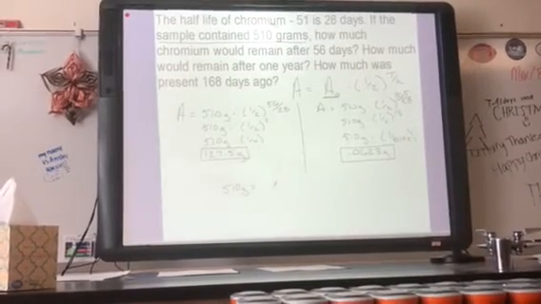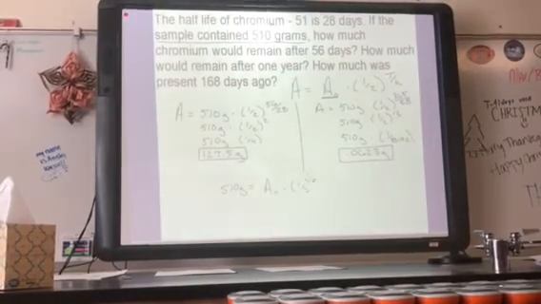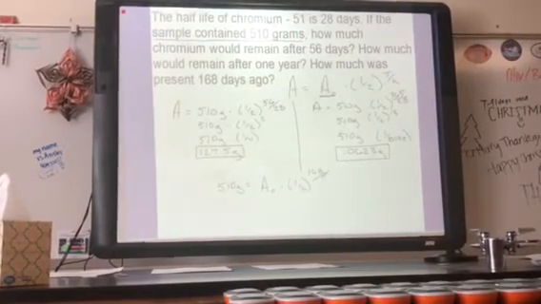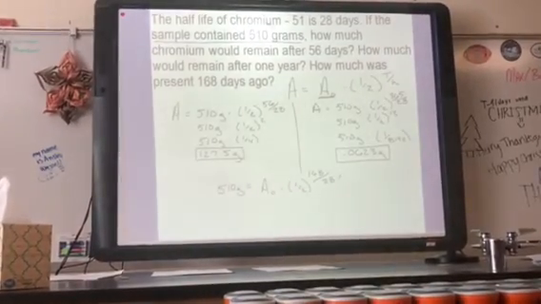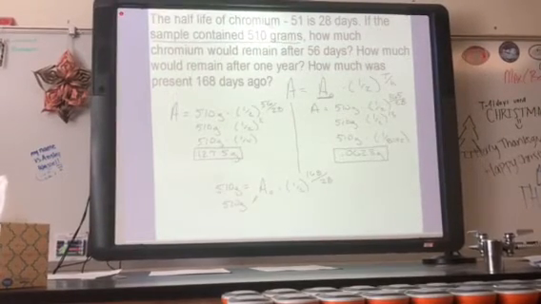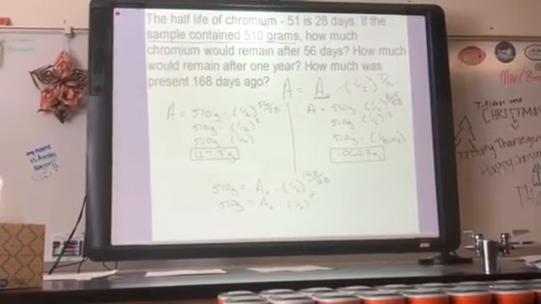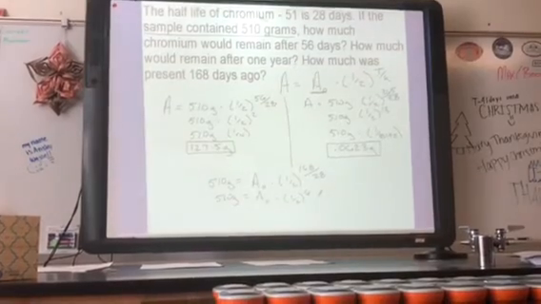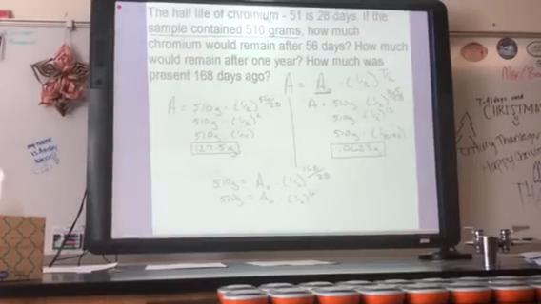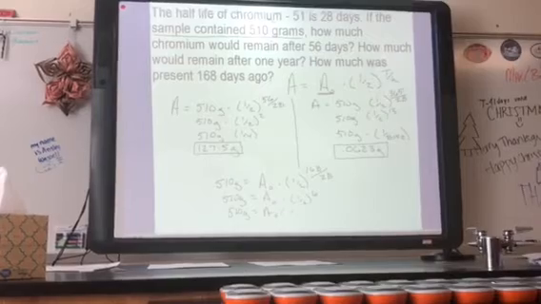So we need to figure out how many half-lives occurred in 168 days. So 1/2, and then your total time was 168 days, knowing your half-life is 28. So 168 divided by 28 is 6, so it'd be 510 grams is equal to A naught times 1/2 to the 6th power. And so 1/2 to the 6th power would be 1/64, so it'd be 510 grams is equal to A naught times